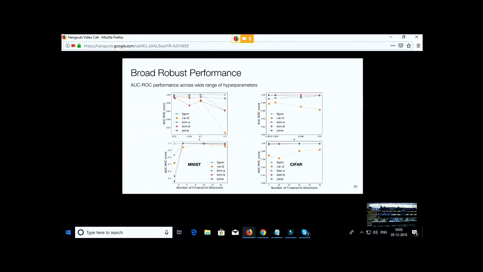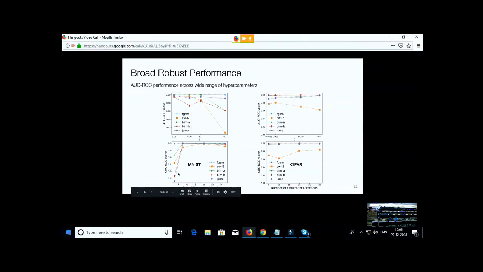It turns out that also if we vary the hyperparameters of neural fingerprinting, so for instance, we change the magnitude of the delta X's that we sample, then the performance actually doesn't decline too much. So here we plot the area under curve as a function of the delta X's norm that we pick, and also as a function of the number of fingerprints that we pick.